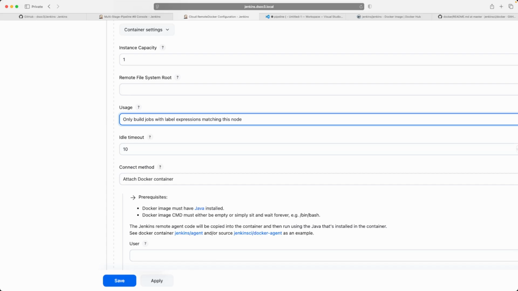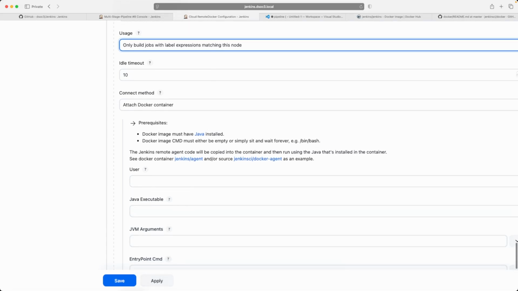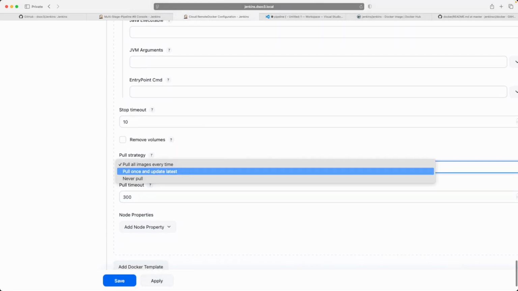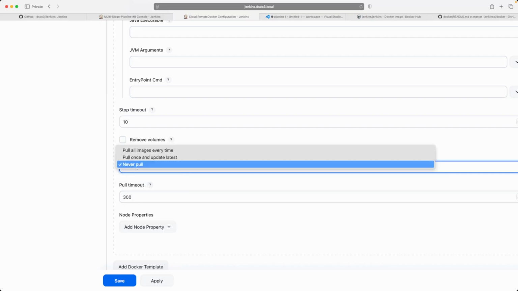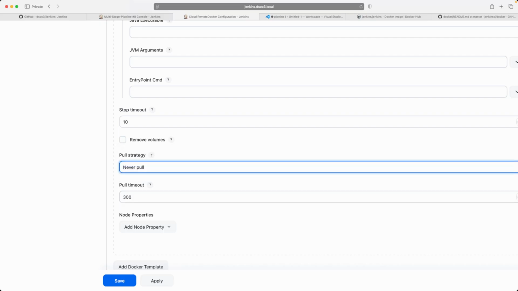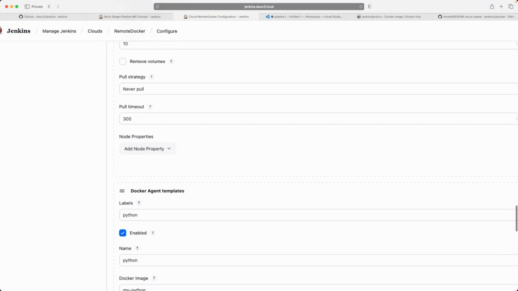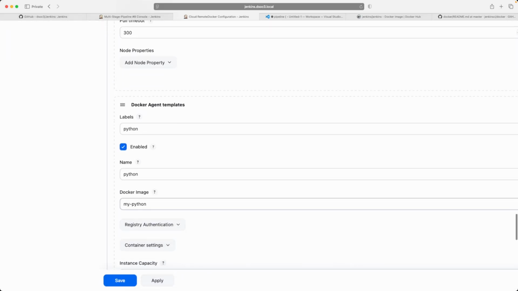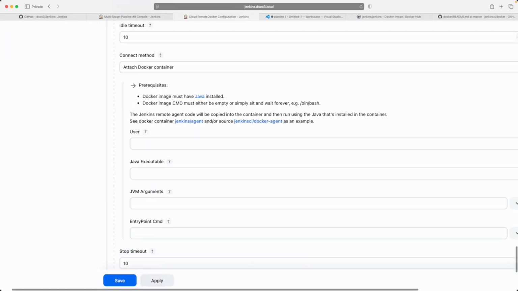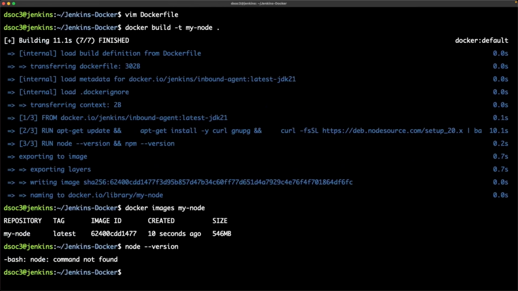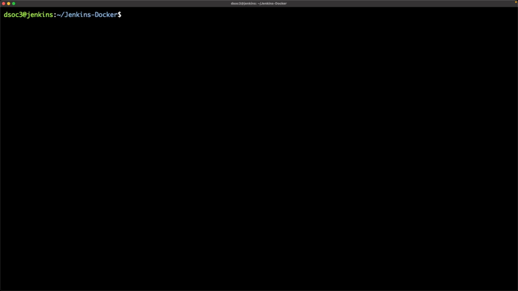We already discussed all these things in day 5 part 2 and 3 and 1 as well, right? The uses, so only build job with label expression, that's okay. And here, pull, never pull the image. But if you try it from your side, check what happened. Okay, so I have given a name, my Python. So let's save it and come back over here,